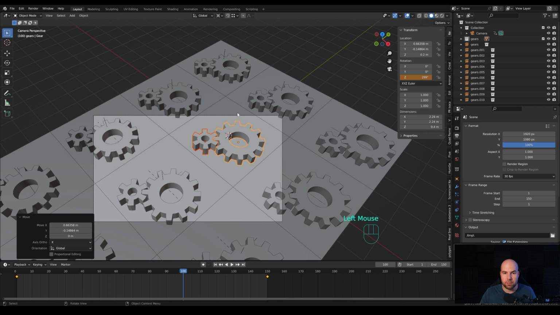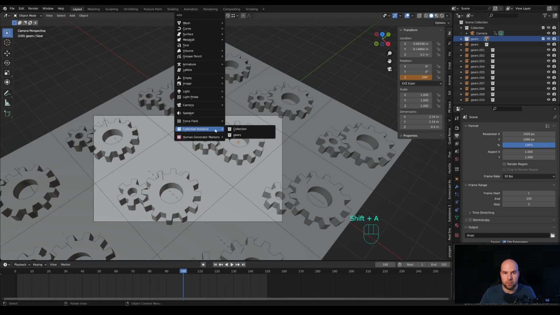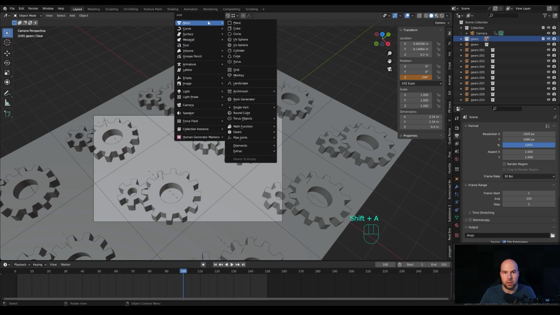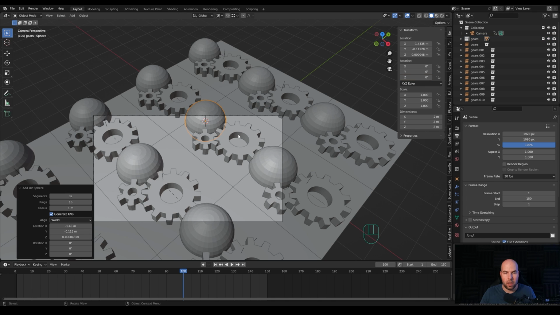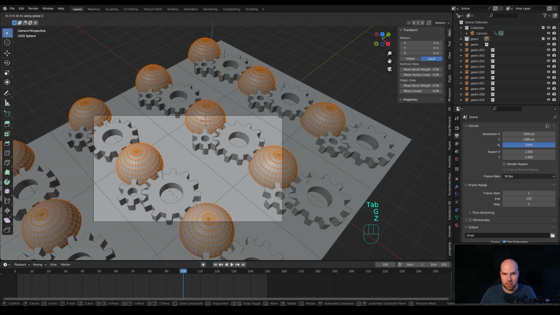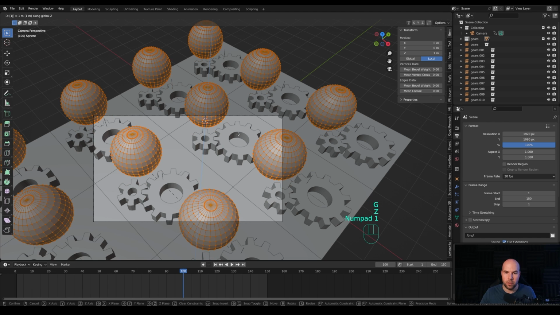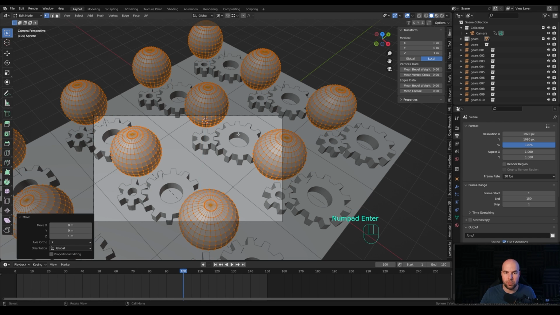And now we can add some abstract elements. So let's, for example, shift right click here, but make sure you have your gears collection highlighted, and press Shift A, and we'll add, for example, a mesh and UV sphere. Let's tap into the edit mode, press G, then Z, and 1 meter up, so it sits on the origin point there.